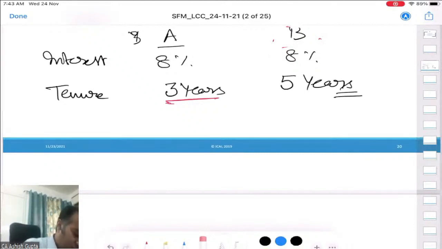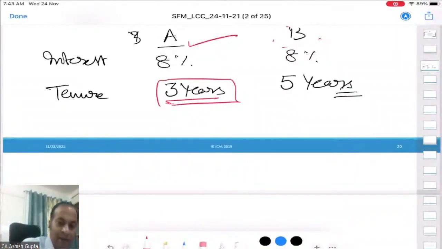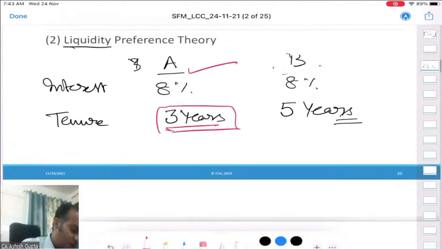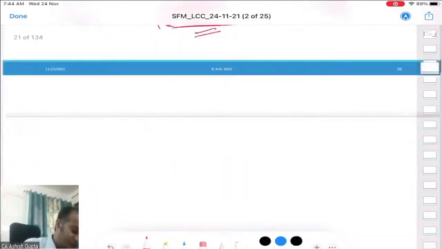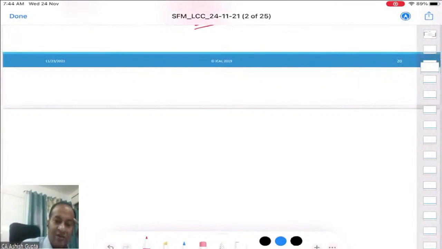Most of our answer will be 3 years. Why? Because here we are getting the benefit of liquidity. Say after 3 years, if I want to redeem my money, I have the money, because here there is no difference in the interest rate. Both are yielding me the 8%. Of course, I will go for the option that has a shorter period and I can get the benefit of liquidity. For example, in this connection, Harshit, beta, of course, your answer is correct. Very good.